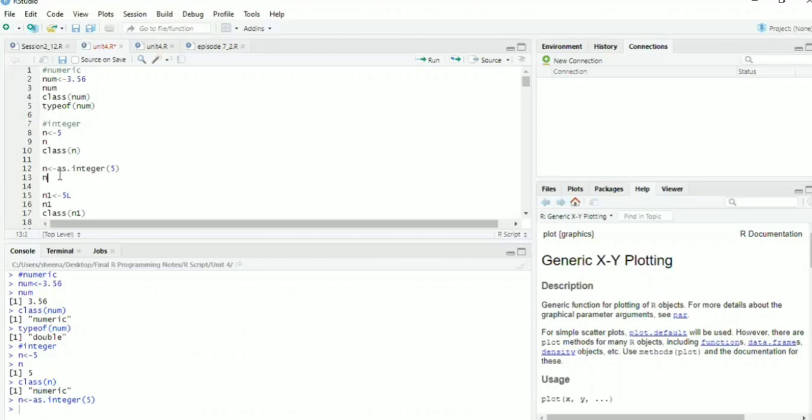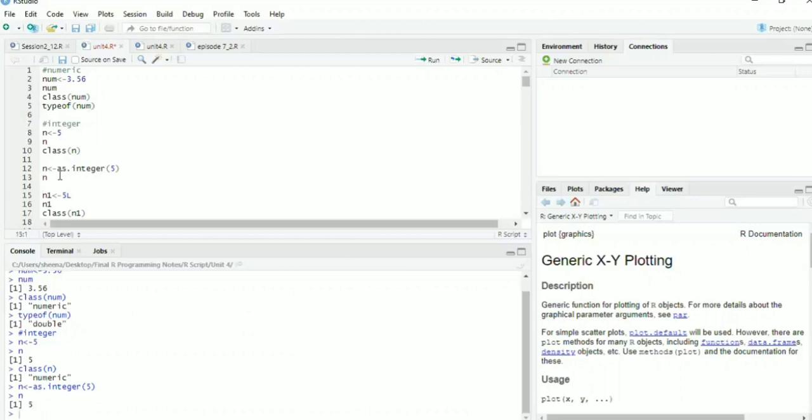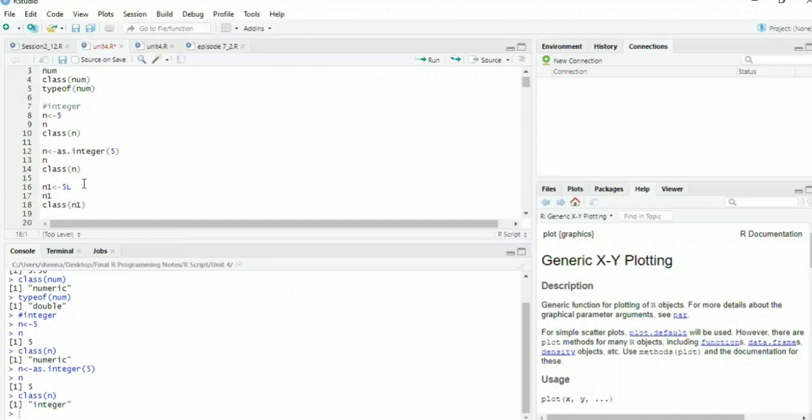Now when I run class of n to cross check it, it shows integer. Now you can see that it has created an integer variable. So as.integer is a function to convert a numeric variable to an integer variable.